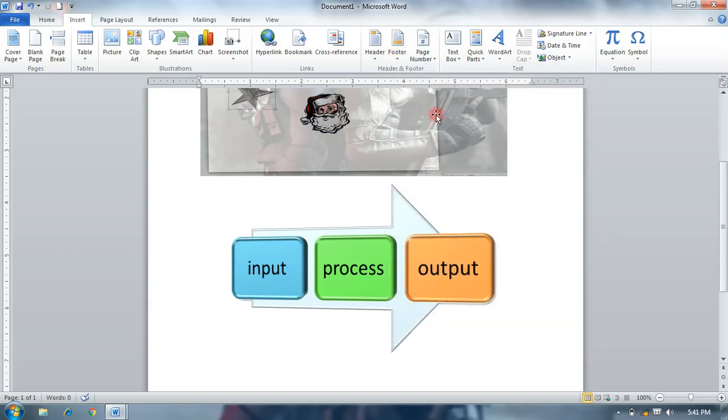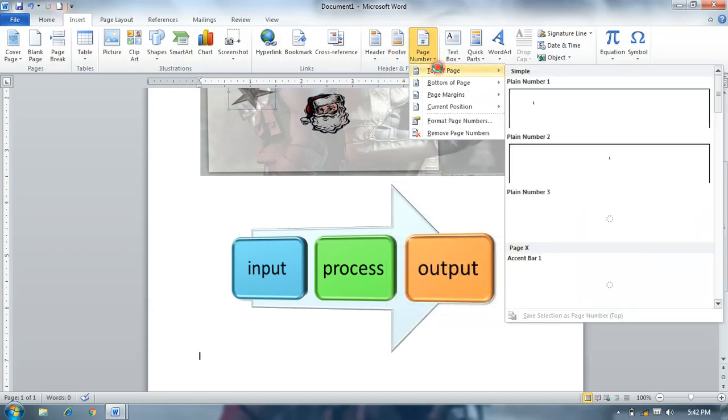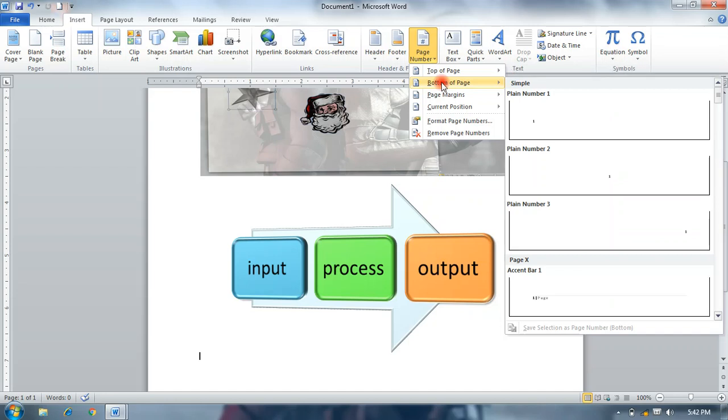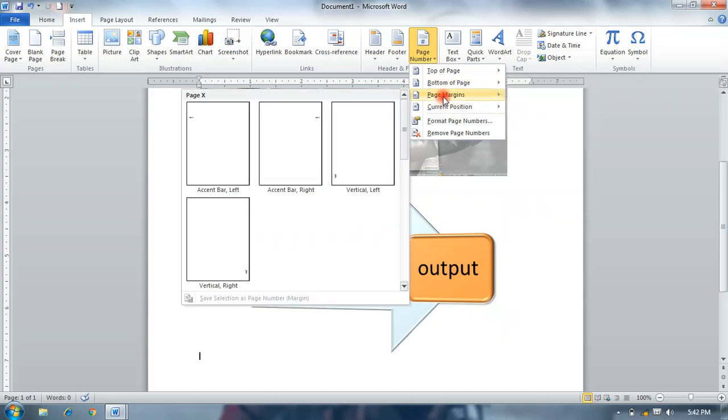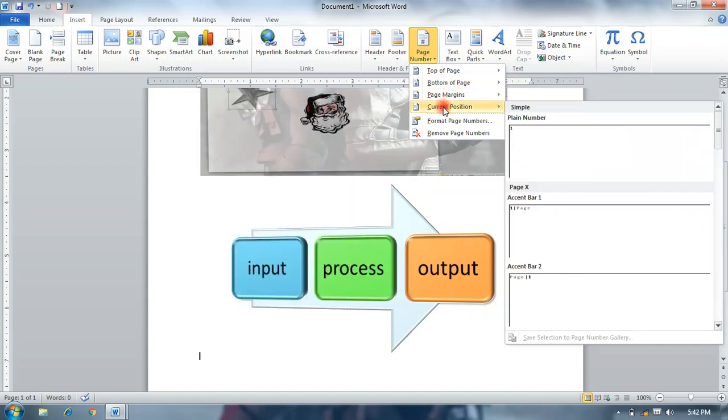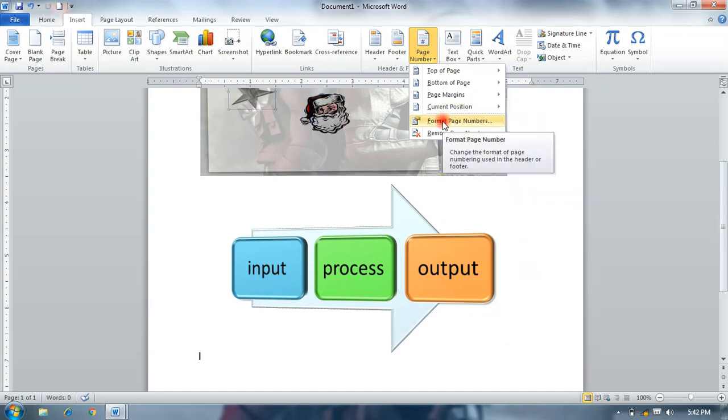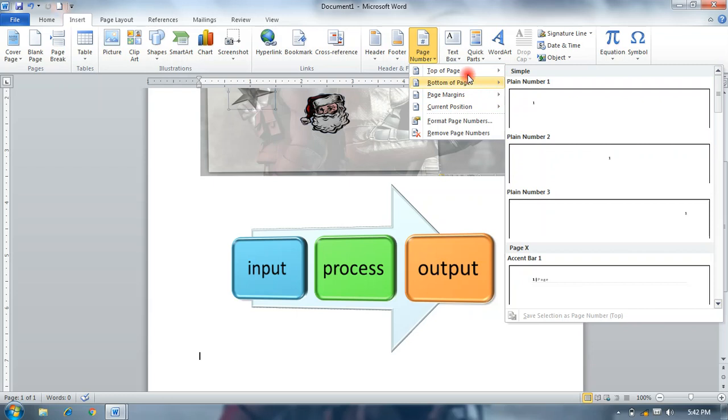Okay, page number. Page number applies numbers in our document page as you want: top of page, bottom of page, page margin, current position, format page number, or remove page number. Like we can take the top of page.